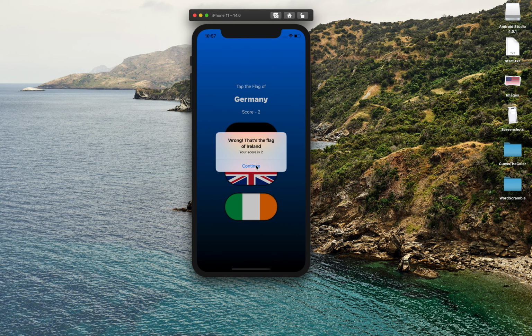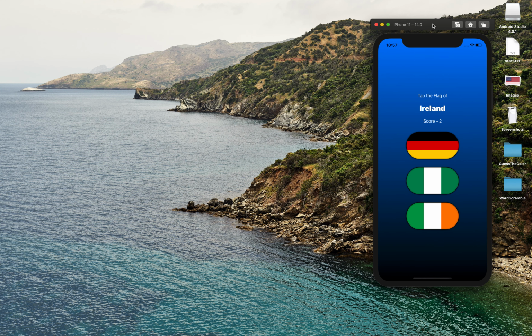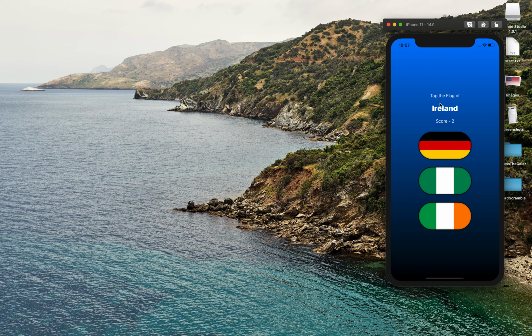So let's get started and create a new project and start with this. This will continue until you stop playing. It's a really awesome game. I created this game while working on the 100 Days of SwiftUI from Paul Hudson, so make sure you check his website. Let's get started and create a new Xcode project.